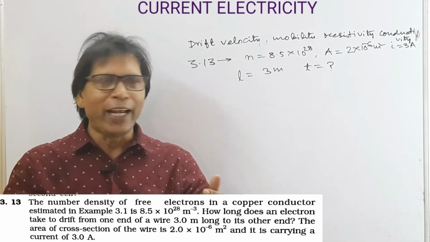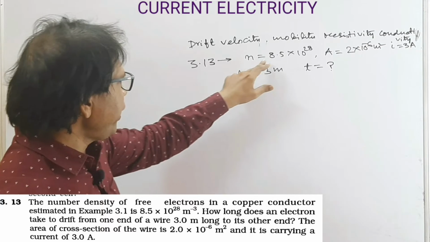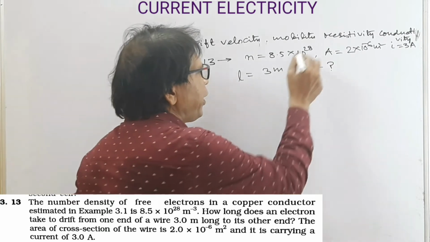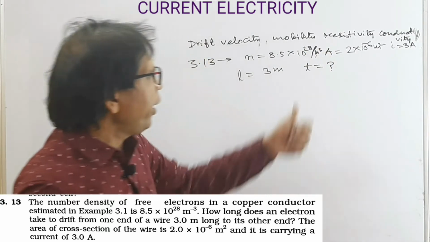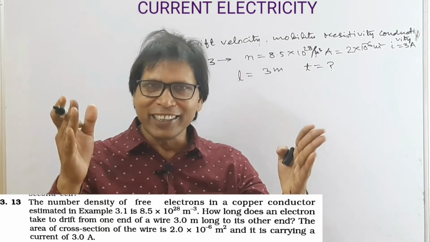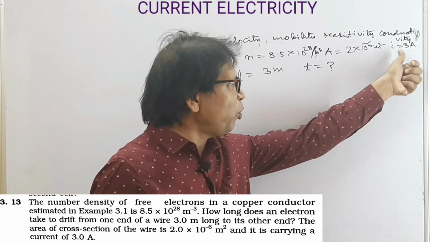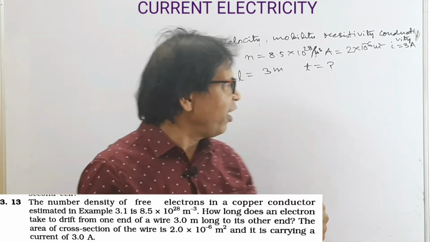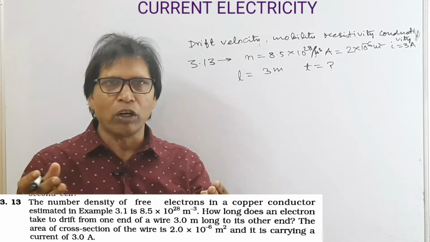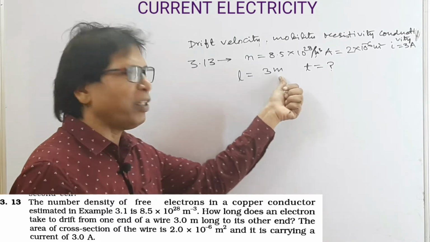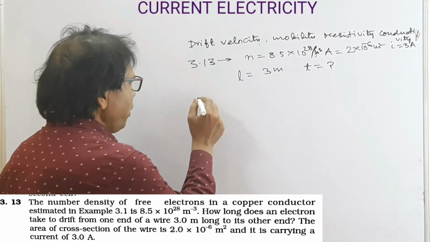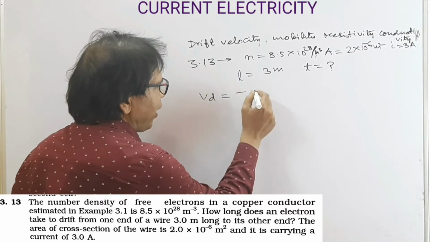The density of free electron per unit volume is 8.5 into 10 to the power 28 per meter cube. Area of cross section of the conductor is 2 into 10 to the power minus 6 meter square, and current flow through this is 3 A. Now we have to calculate the time taken by a free electron to move the distance 3 meter. Understood? Now let's start. First of all, drift velocity Vd equal to minus I by